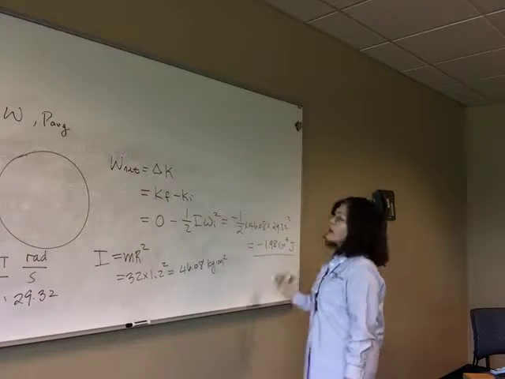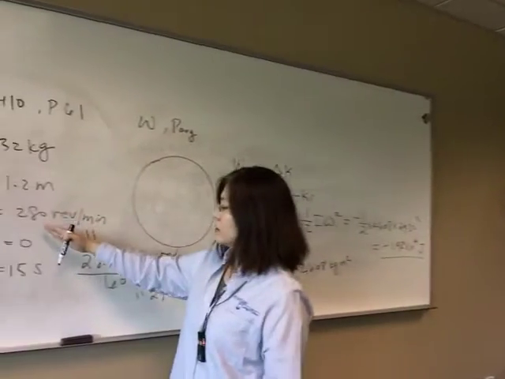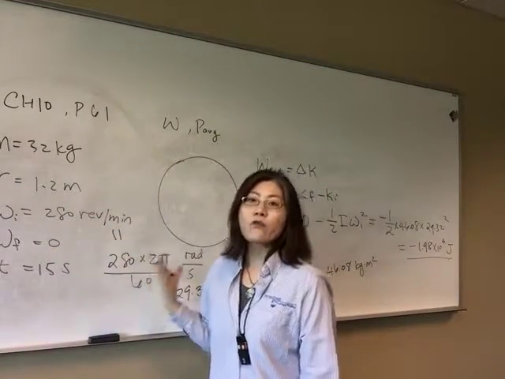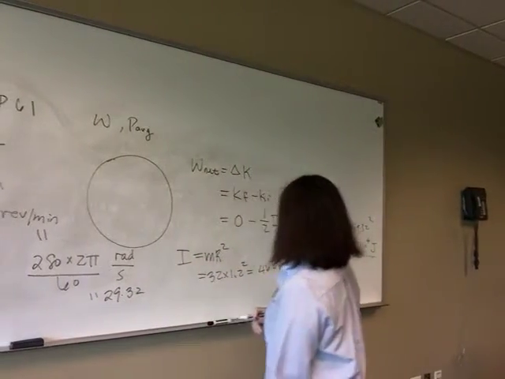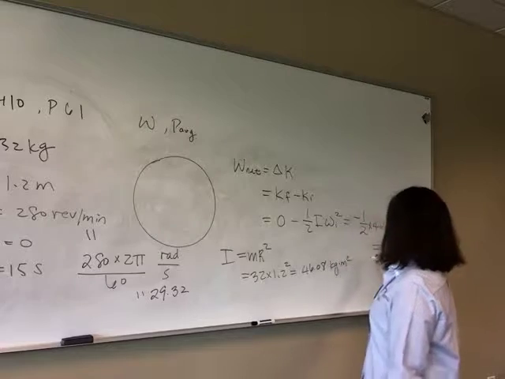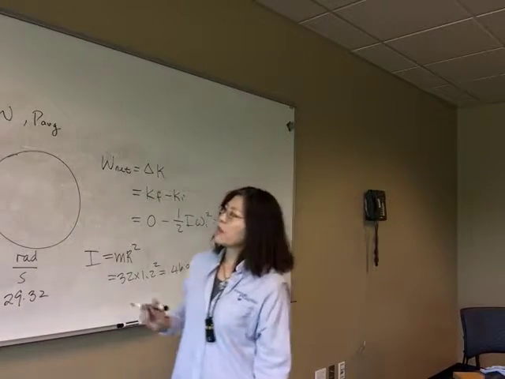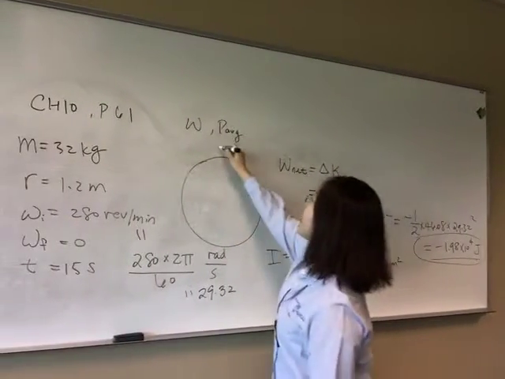It is negative because the amount of work done is to slow it down to bring it to a complete stop. So energy has to be taken away from the system in order for it to stop moving. Okay, so this is the amount of work that needs to be done in order to stop this thing from rotating. And you're asked to find what is the average